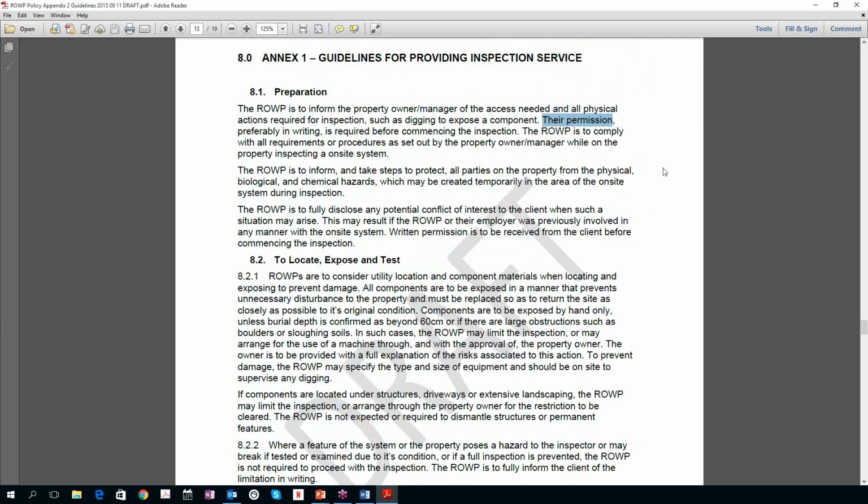Another thing that I think we should be doing is we should have something in writing that says we might break stuff. Often it's a D-box, right? We're exposing the D-box and it's so corroded that it falls apart the minute we try to access it. Well, we don't want to be on the hook for that. So we should have something in writing that talks about how we need permission to enter, we need permission to test, we need permission to dig and disturb their lawn, and by the way, we might break something, in better language than that. So let's move on.